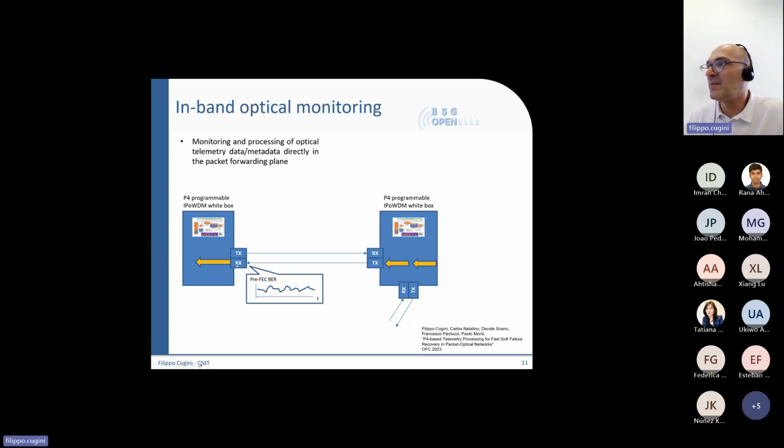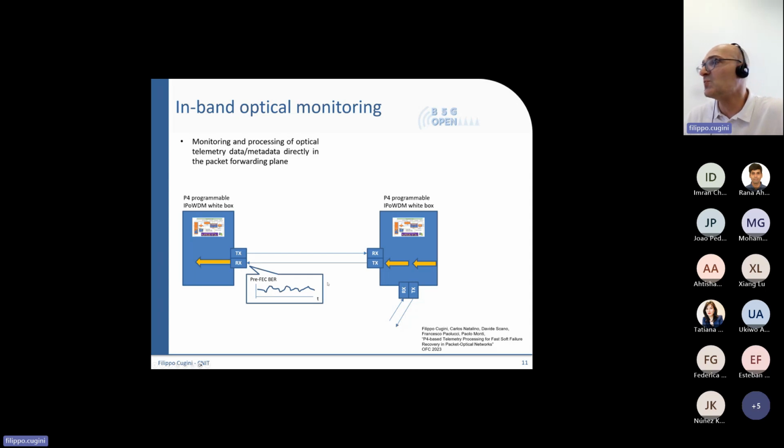This node in the transceiver receives this data. It detects it properly, and it also provides some pre-forward error correction bit error rate performance. You can see in this scenario that this node on the right-hand side is not really aware of the performance experienced by the signal that it is sending, because only this Rx on the other side sees the actual pre-FEC BER performance.